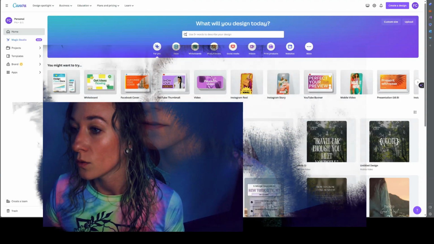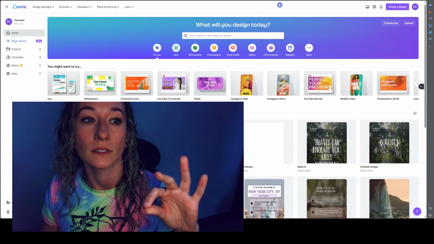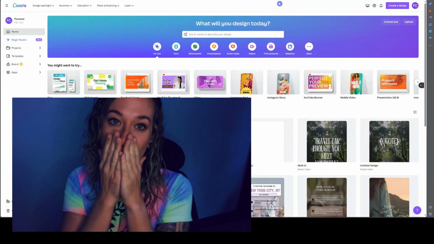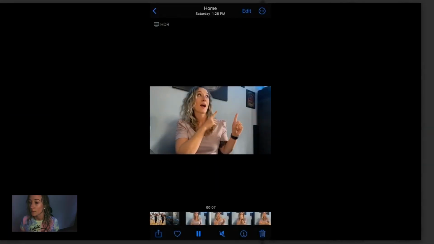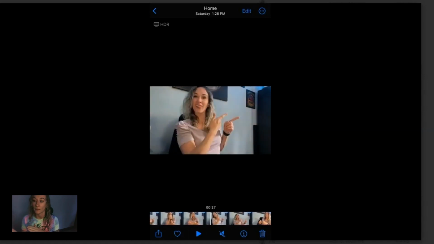So to start off, we are going to record a video of yourself on your phone. Make a video of you pointing different directions, different expressions, so you can use that on your thumbnail. So in my phone, I took these videos and then I went back and I found the places I liked